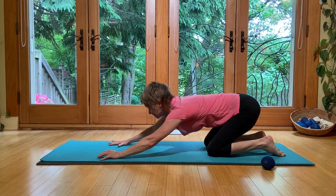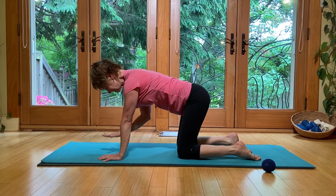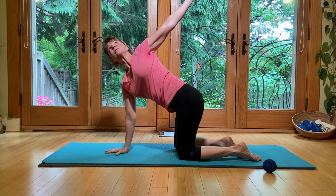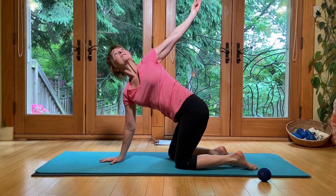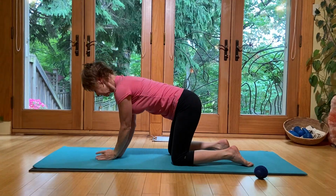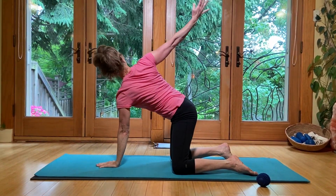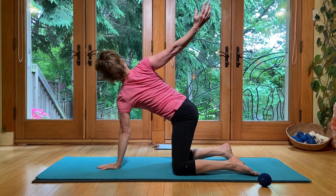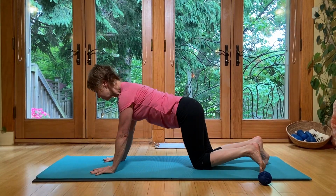And then come on up to all fours. Take the right hand directly under the chin, push into the earth, the elbows stay soft, not locked, and then push and turn and gaze up, the chin is in. So again, you're not lifting your head and you're really pushed to rotate. And then you take that hand down, this feels fabulous, and you take this arm up, shoulder blade down, not lifting, open the chest, push into the earth to rotate, and then coming back down, and then lowering to the